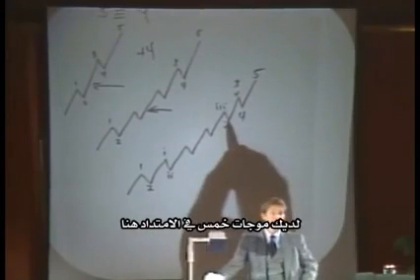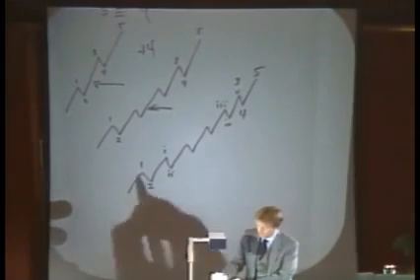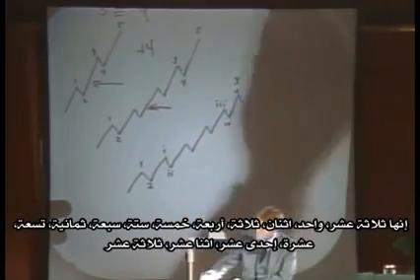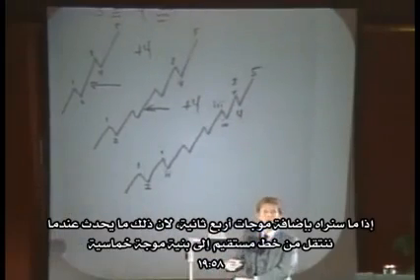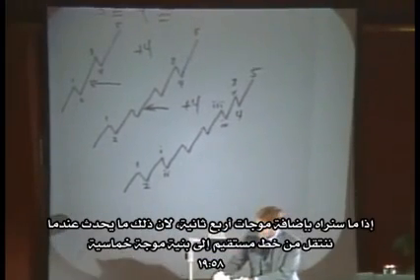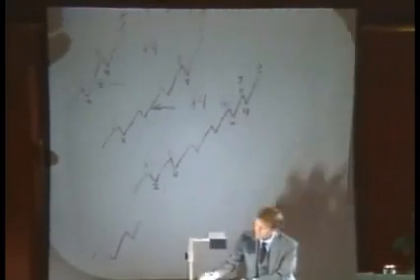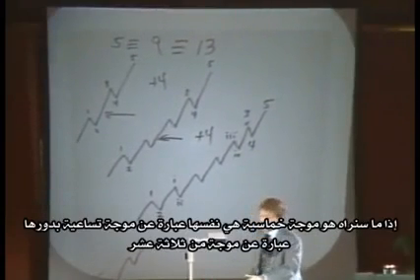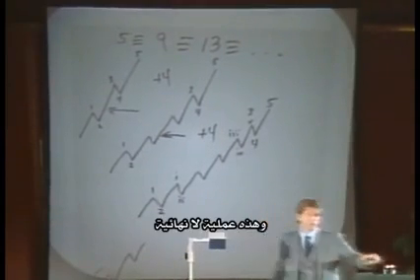You've got 5 waves within the extension right here. How many total waves are there here? Well, there are 13. 1, 2, 3, 4, 5, 6, 7, 8, 9, 10, 11, 12, 13. And what we see by adding 4 waves again, because that's all you're doing when you're going from a straight line to a 5-wave structure, is adding a total of 4 waves. So what you see is that 5 waves carries the same message as 9 waves, which carries the same as 13 waves, and that works forever.